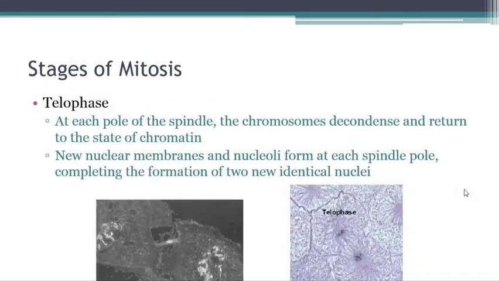That's very exciting. And that is what happens in telophase, right? Telophase or telophase, you can say it either way. So the chromosomes at this point have moved to the poles of the cell. They are going to decondense, and you can see it here, right? They're going to decondense, and they're going to return to that state of chromatin. So they're going to tangle up and look like they normally do. And at this point, you're going to have two new nuclear membranes and nucleoli form at each of these spindle points, okay? And so now you have two new identical nuclei. So the cell division inside the cell is done, okay, for the most part.